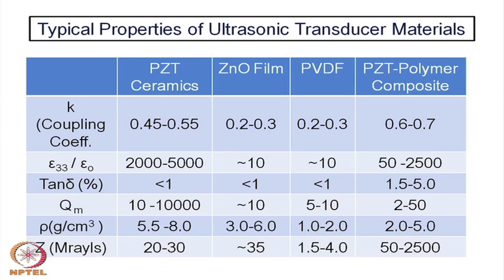So, here also you have an acoustic impedance, and that is very important for proper transmission of the wave from the solid medium to the liquid medium. You can see PZT ceramics, this is about 20 to 30. That is the impedance, whereas